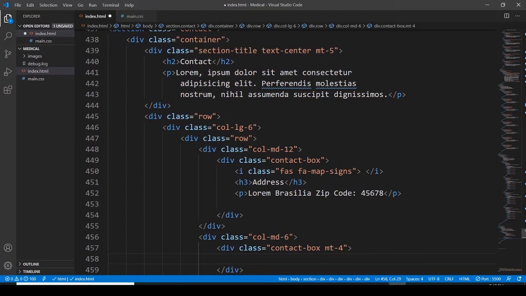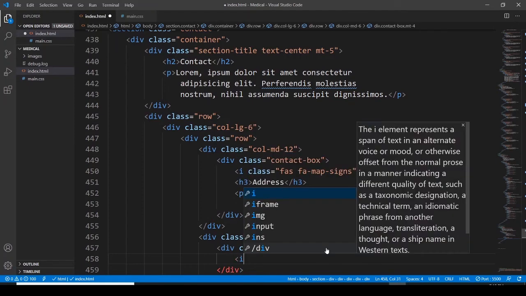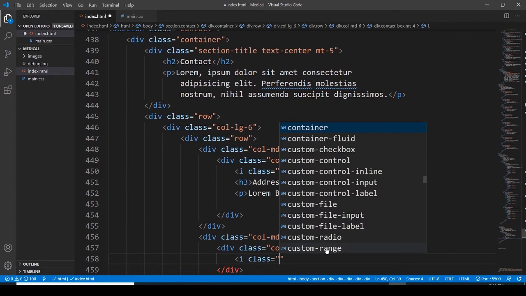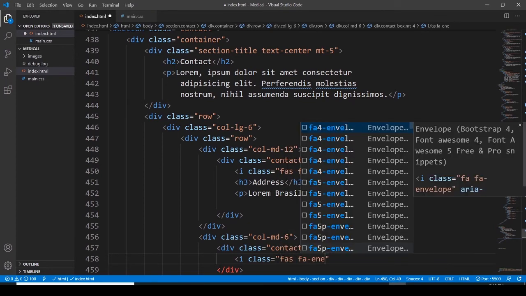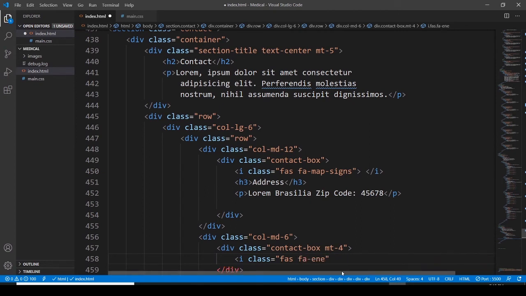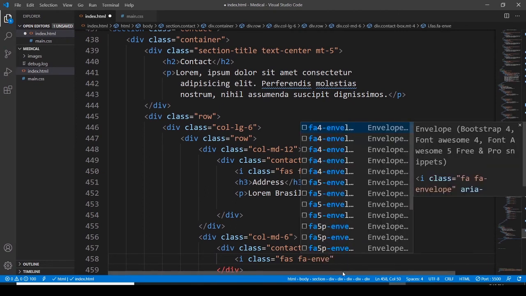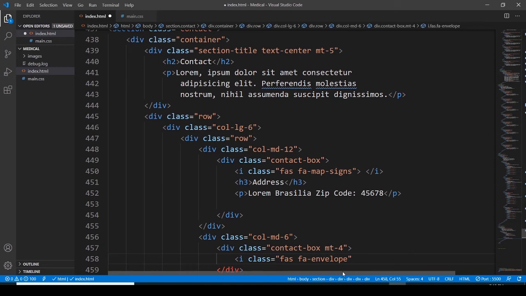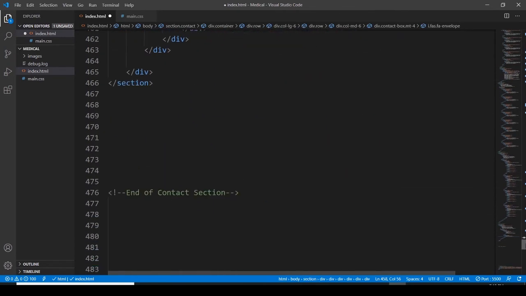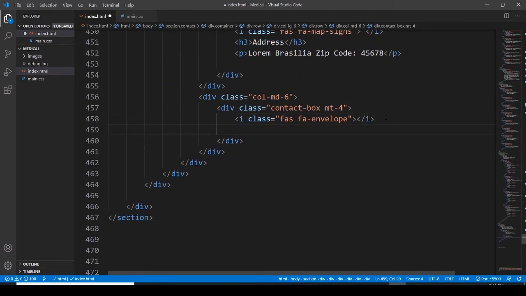Then I want to go with the font awesome icon class, FAS, FA envelope. And after this, again heading 3, and there is going to be email us, or just email, and